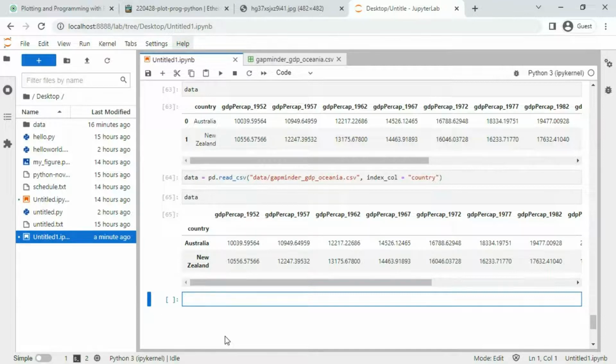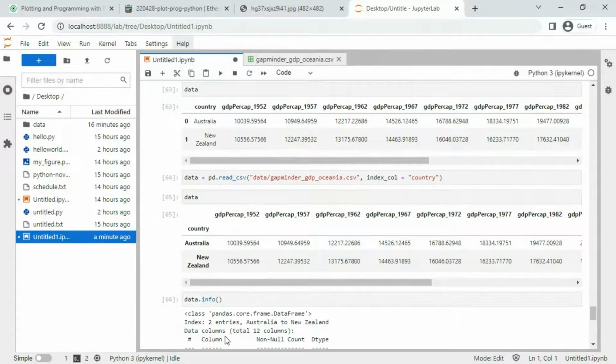What that means is we can write data.info. This is a function, a method that is included in that variable, in this case in that object. So if we execute that,